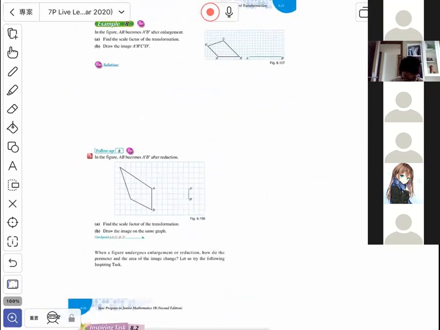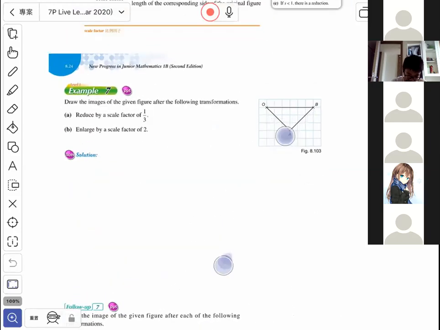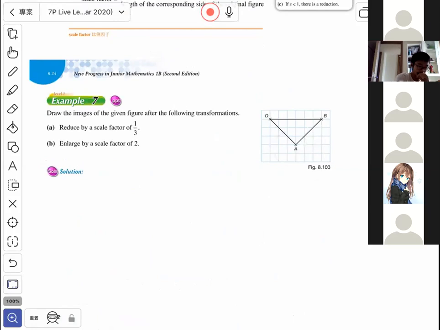So for enlargement, what you need to draw is the new figure. New figure. Okay, let's look at example 7. So you are